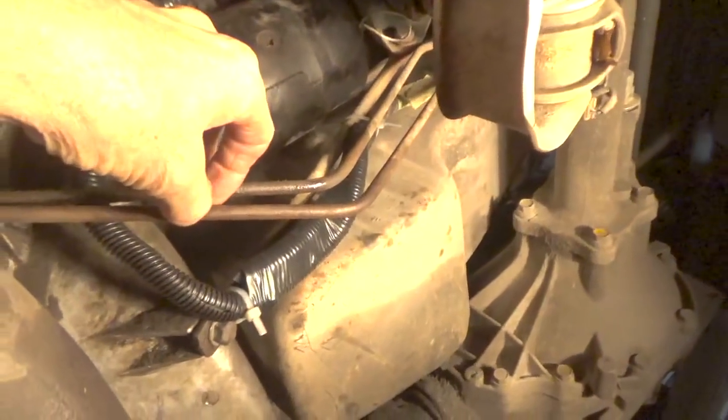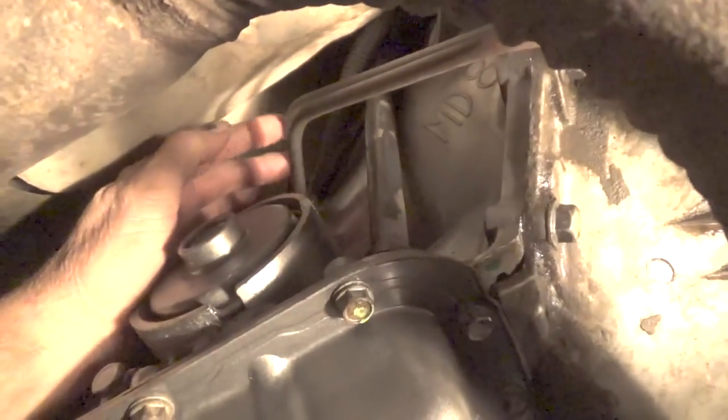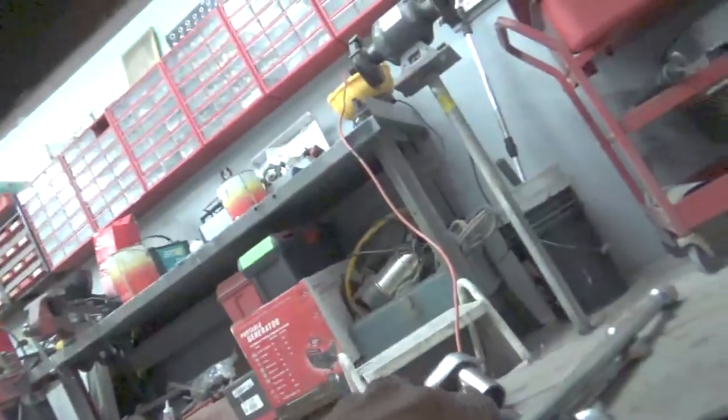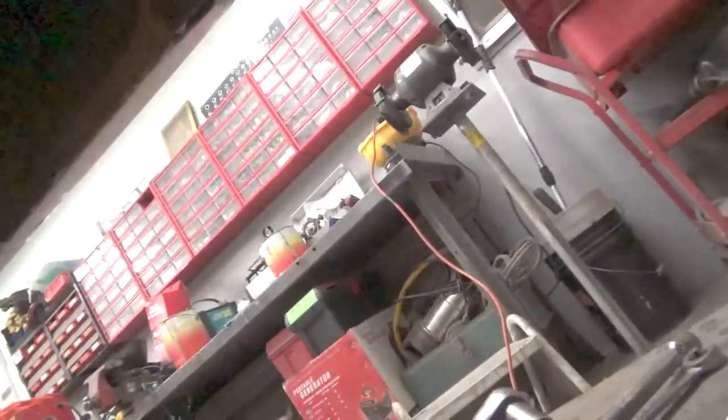Now I'm going to be cutting these oil cooler lines and flaring them and connecting to another set, but I didn't want to have to try and get my hand up there to tighten these. Even though I can touch these lines with my fingers, I ended up cutting a wrench. I don't know if I have it laying here, but I ended up cutting a line wrench in half. Yeah, here it is, to be able to get the wrench to turn on that thing. That's how bad it was to get at. So anyway,